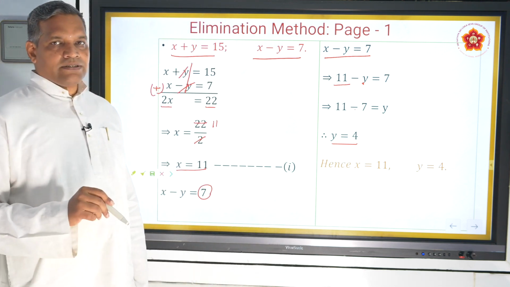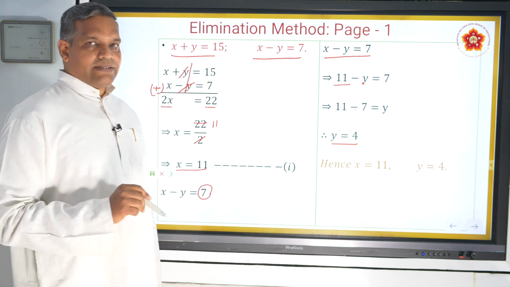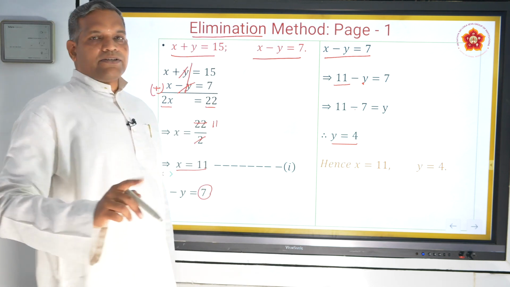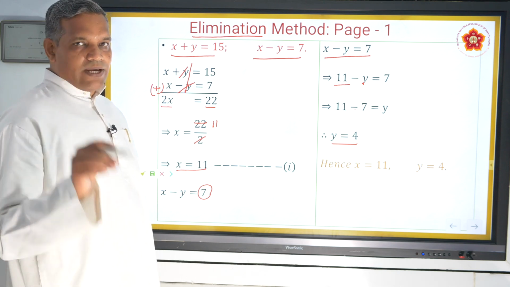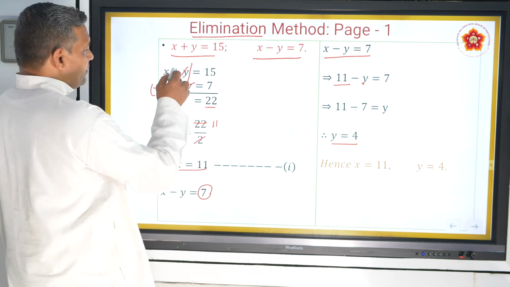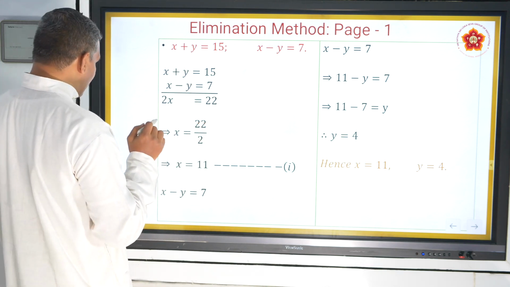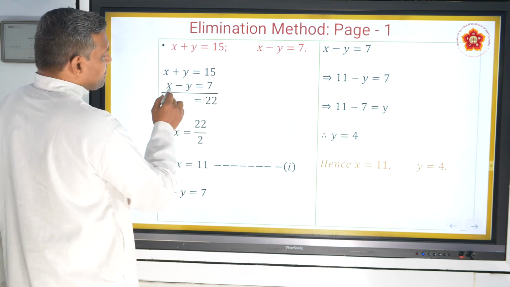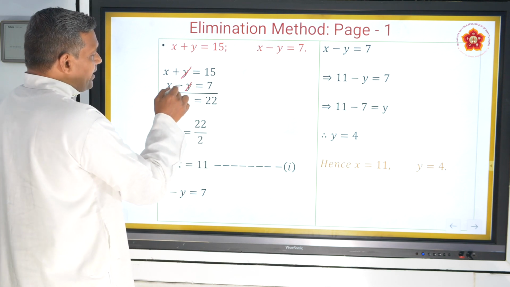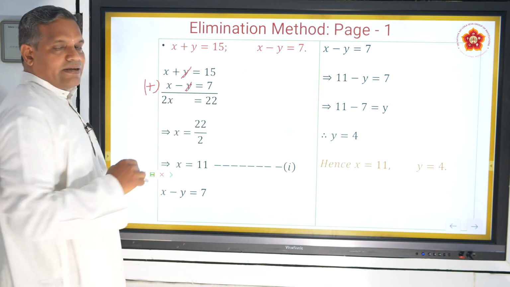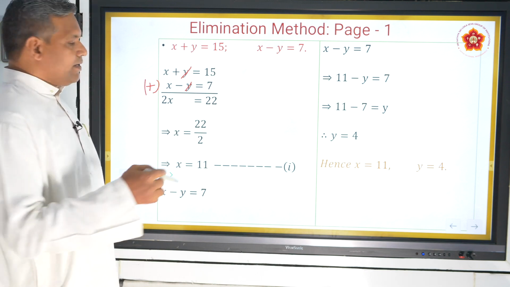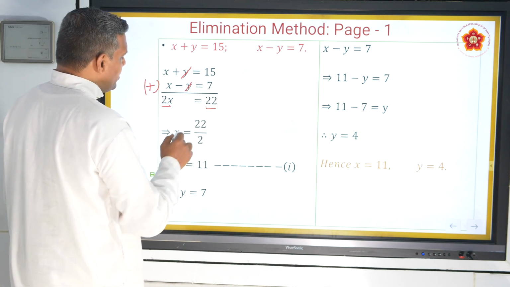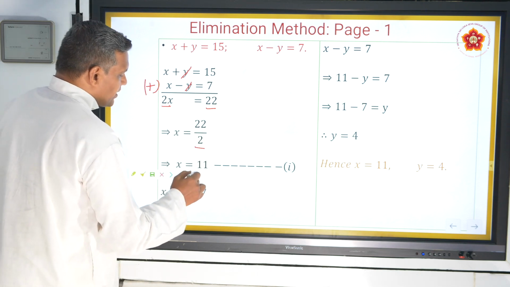One more quick revision and also important points to remember I'll tell. This method is called the elimination method. I am intending to eliminate one fellow altogether. Whom I am eliminating this time is y. So let me make it a little clear here so that you can see the concept. Now x plus y is 15, x minus y is equal to 7, plus y minus y I cancel. I am adding this time, I am not subtracting. I can also subtract in case it is required. And x plus x is 2x, 15 plus 7 is 22. x is 22 by 2, that is x is 11.